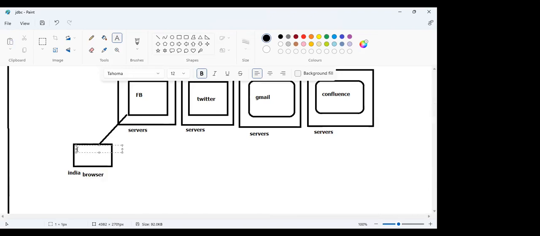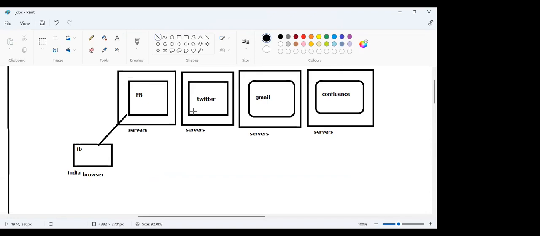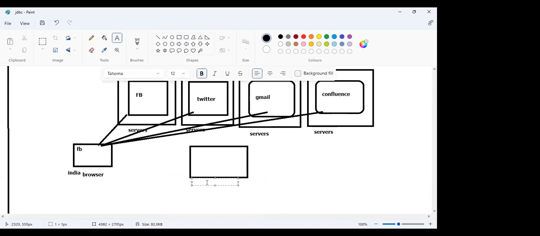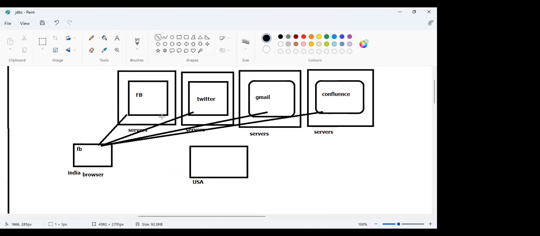and he can enter FB URL and connect it. Same way Twitter URL he can connect from his browser. He can access everything simultaneously. So all these applications he can access from his browser. Not only in India, he can be anywhere in this world. USA, he can access it. So your application can be accessible anywhere via browsers,